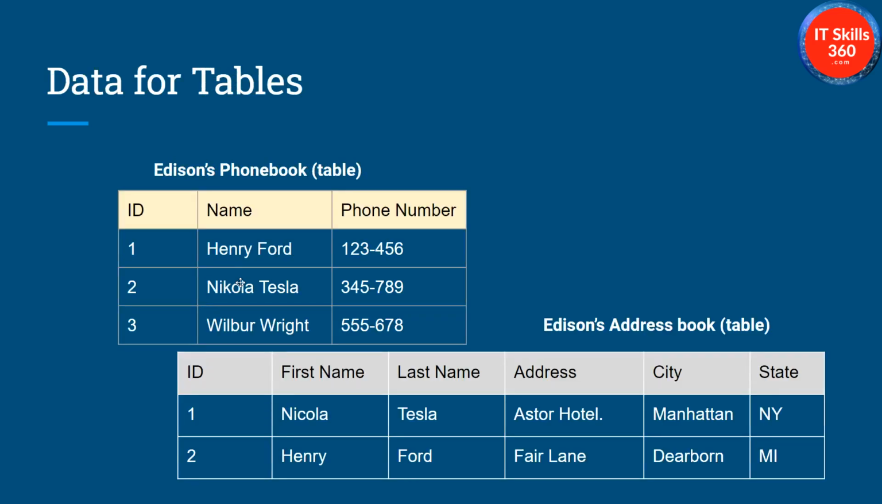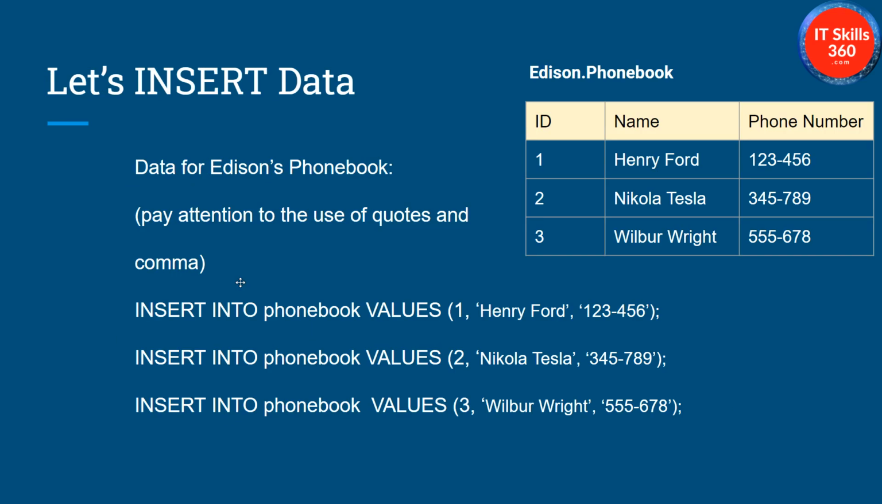Before we go there, let's make sure we have two tables we are going to insert data into. One is our phone book, another is address book, and the way we have defined this is in our Edison schema. So the table for phone book, we'll call it Edison.phonebook, which is schema.table name, as you know. And now the structure for insert commands would be insert into phone book values, then I'll write 1,